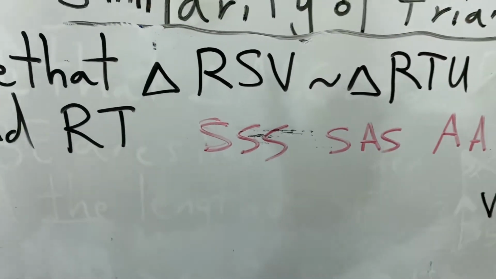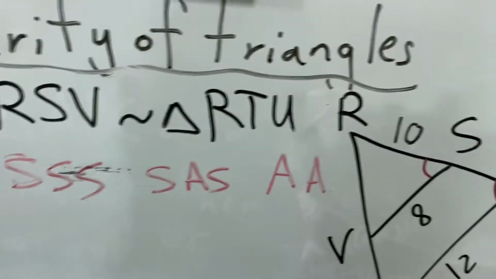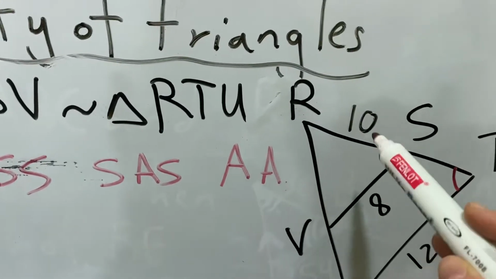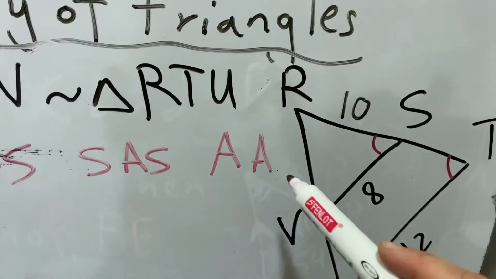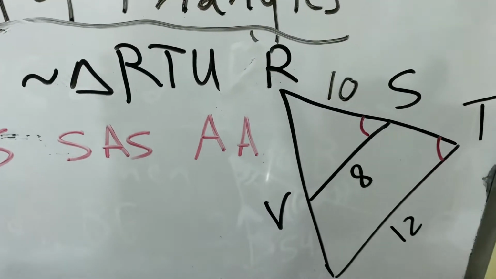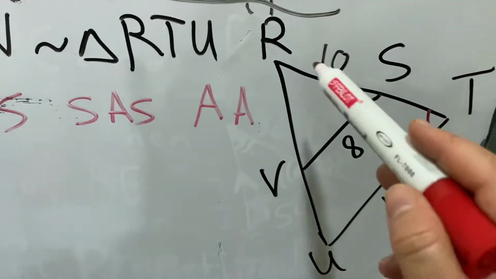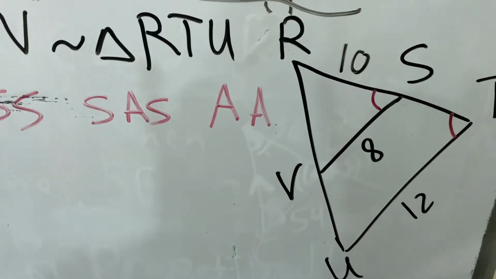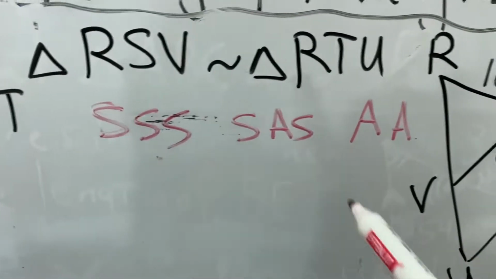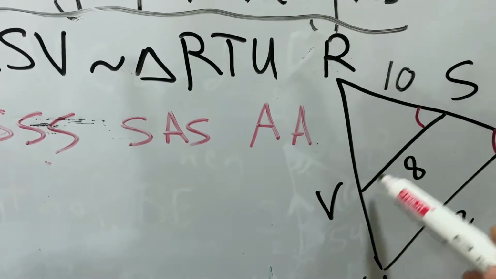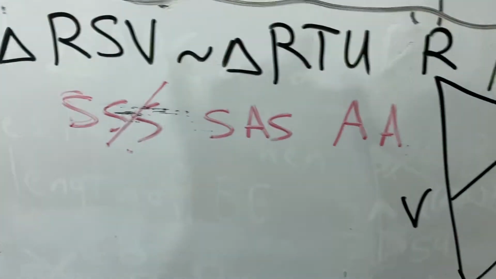Now, of course, if I think about side, side, side, all three sides of the triangle should be given. Now, only two are given here. And here even this one is given, but this one no, and this one is even missing here. How much is this? So I cannot use side, side, side. To have side, side, side, I should have the three sides. So I will not use side, side, side.